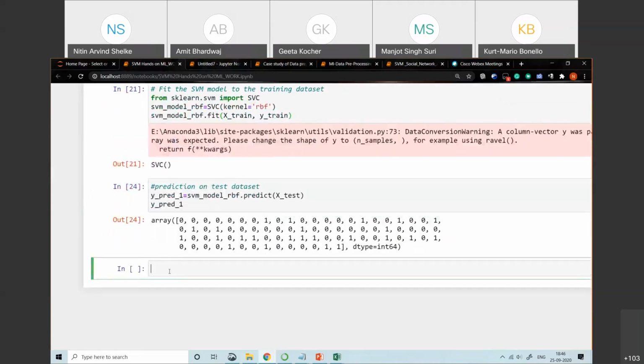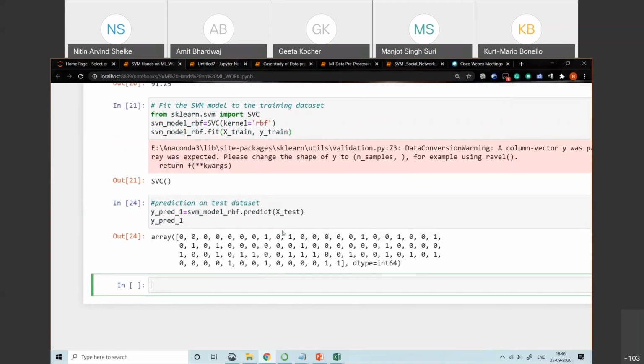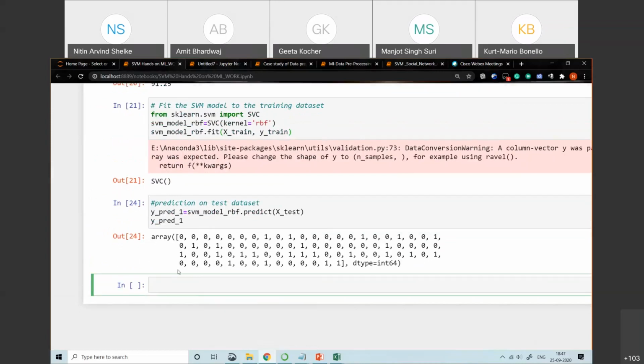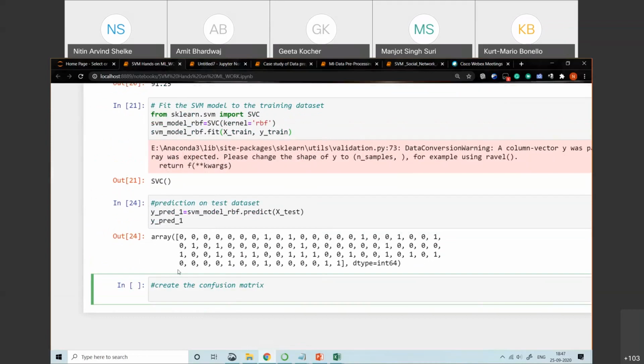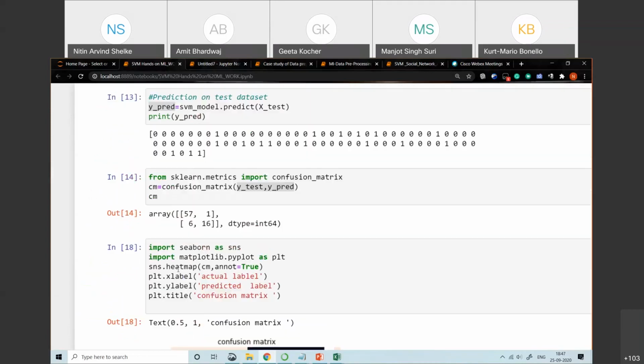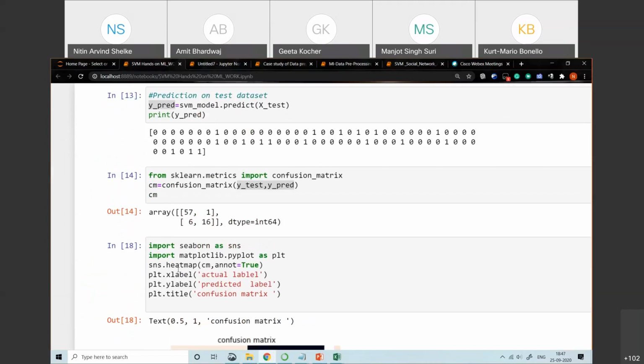Next, the confusion matrix we will create to check the performance. So we'll directly use it, because we have already imported that confusion matrix class from sklearn.metrics.